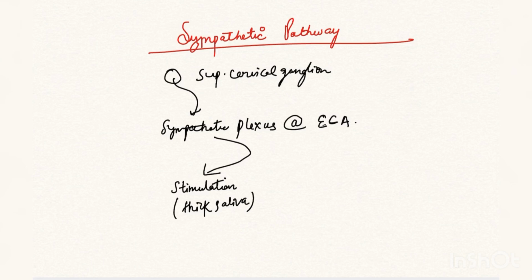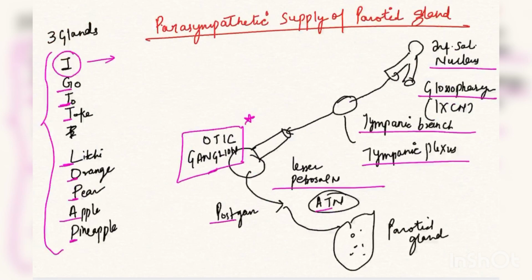So the parasympathetic fibers, which we have already learnt, carry the fibers to the parotid gland and stimulate the secretion of watery saliva, whereas the sympathetic pathway helps in the secretion of thicker saliva or the stickier saliva. So this was all about the secretomotor supply of the